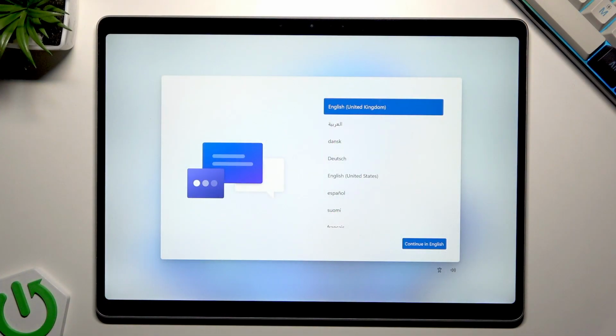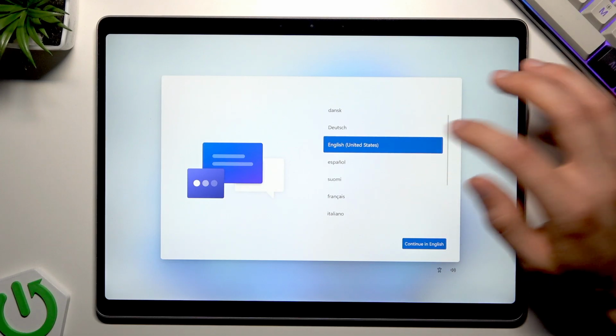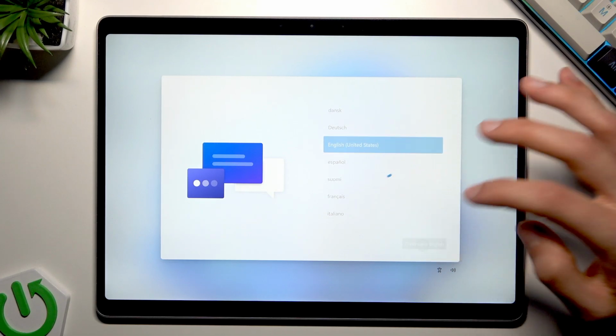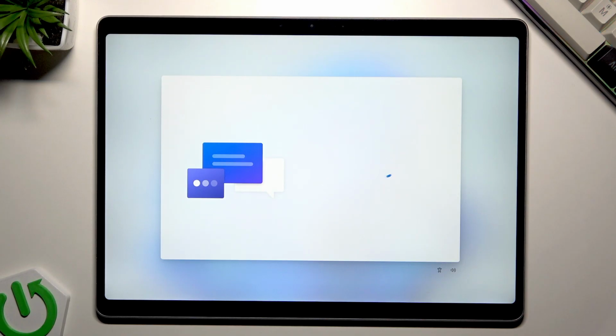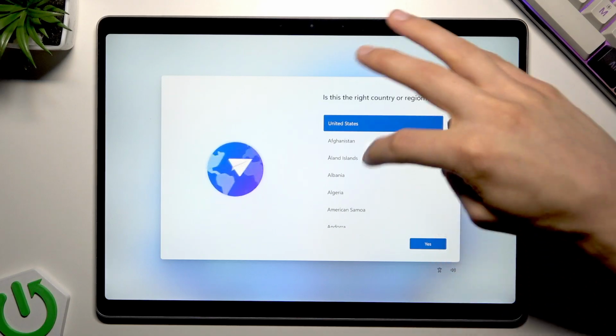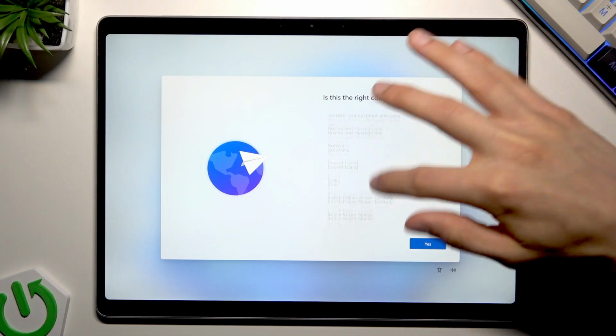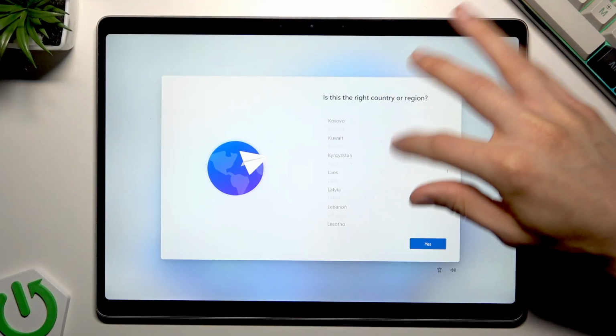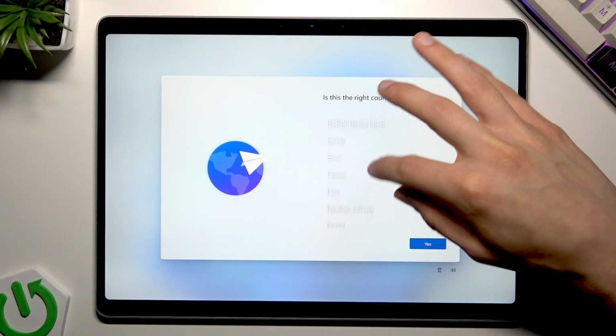On the first page we're gonna have to select the system language for our device, so select from the presented ones and tap continue. After that we're gonna have to select the region from the similar list. Let's just wait until this page shows up, and here we have to select the country or region, so simply select your country